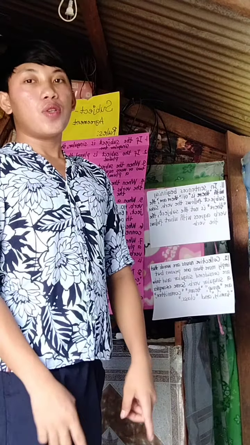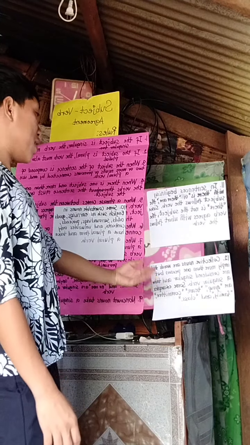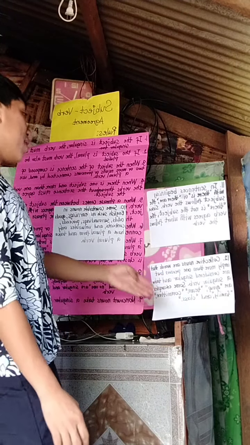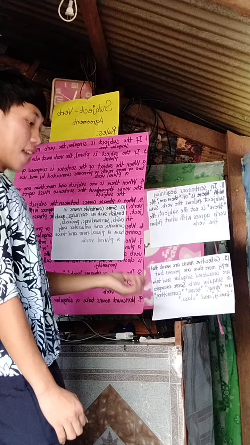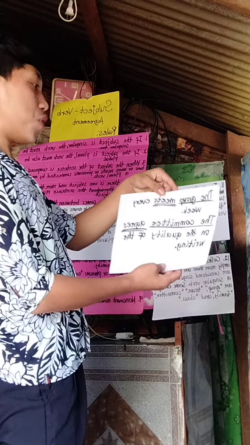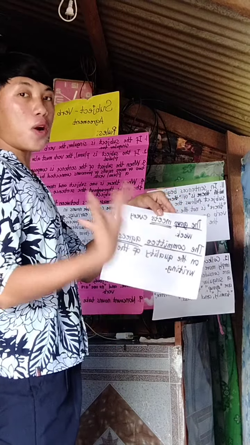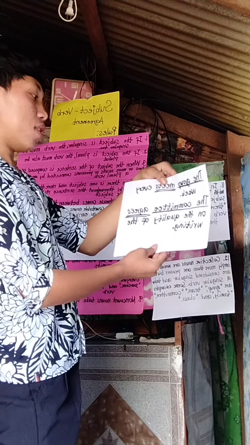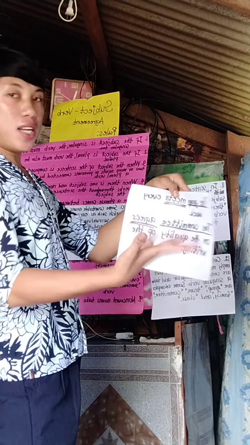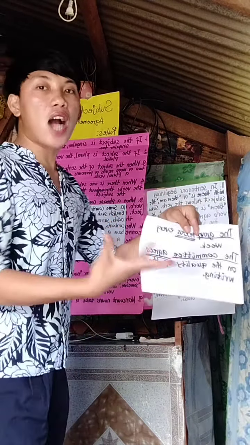Rule number 12. Collective nouns are words that imply more than one person but are considered singular and take a singular verb. Some examples are group, team, committee, family, and class. So look at the example here. The group meets every week. So the group here is our subject, which is singular. So that's why we use a singular form of the verb, which is "meets." And another example is the committee agrees on the quality of the writing. So the committee here is the singular subject. So that's why we use a singular form of the verb, which is "agrees."